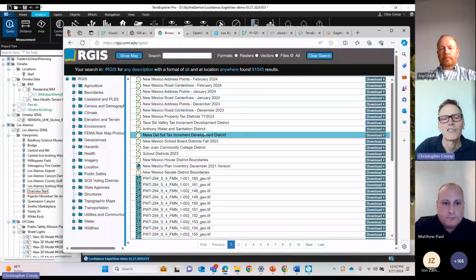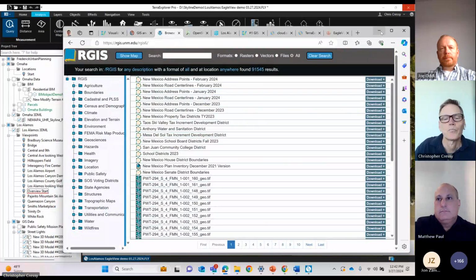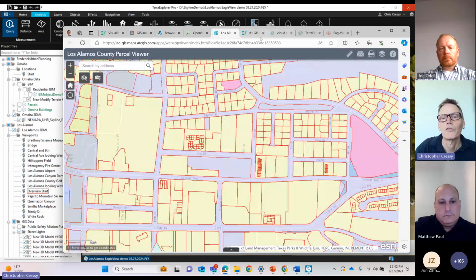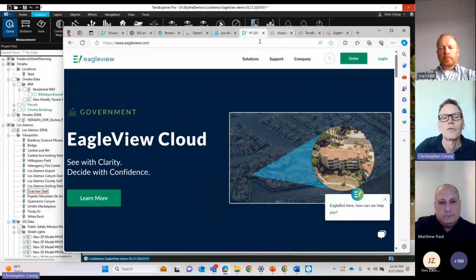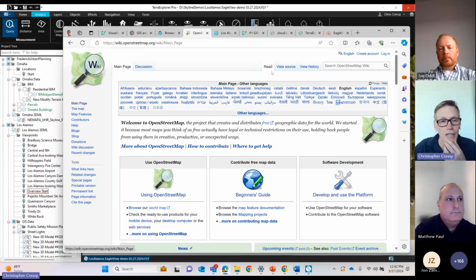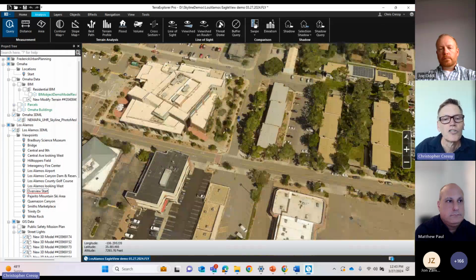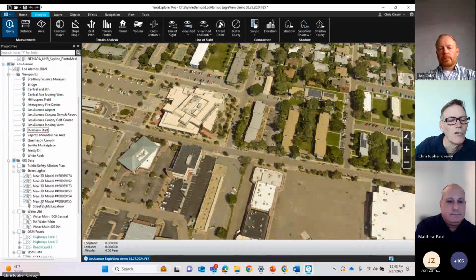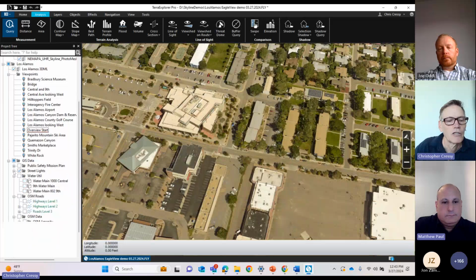They had a bunch of GIS data in different formats, and I was able to pull some of that in. We can also work with OpenStreetMaps. OpenStreetMaps is one of the things that's already pre-built into the Eagleview 3D viewer, so you get roads and other building information. I can turn some of that on, I'll turn on the OSM data,